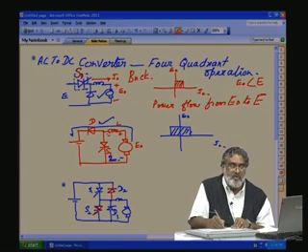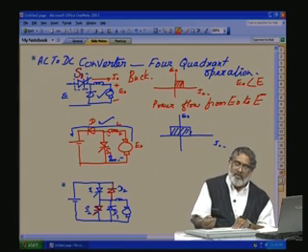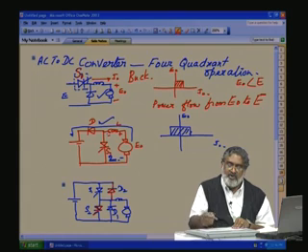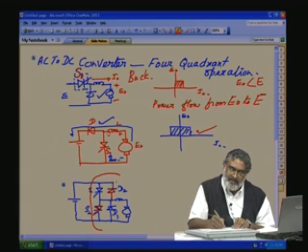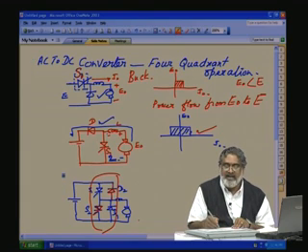These two are for boosting action. So, we can have two quadrant operation. If you repeat the same thing on the other side, we can have four quadrant operation. So, the final circuit will be